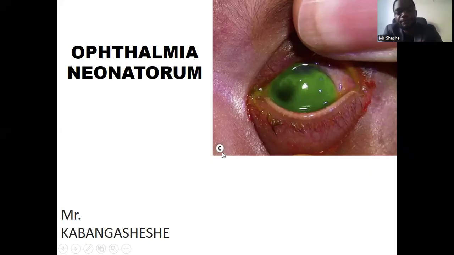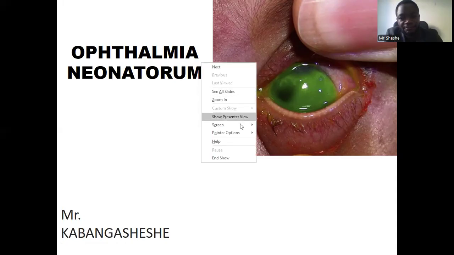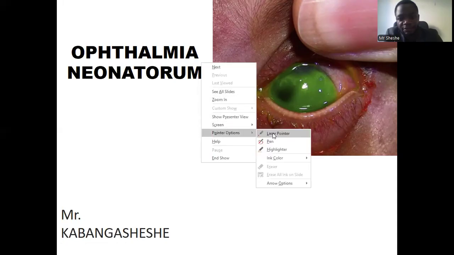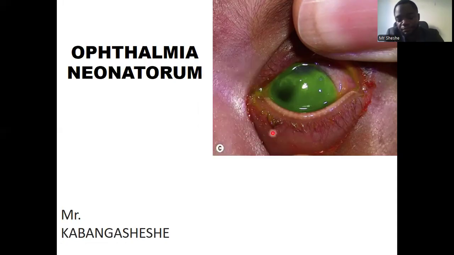All right, so we're going to look at ophthalmia neonatorum. The notes I sent already in the group. I can't remember very well whether we covered this in class, but there's no harm. We can go through it now, then we see how to proceed after this. The last notes I checked with Simeon that I sent were